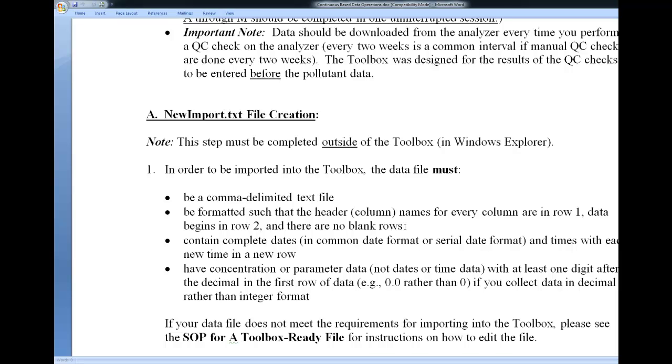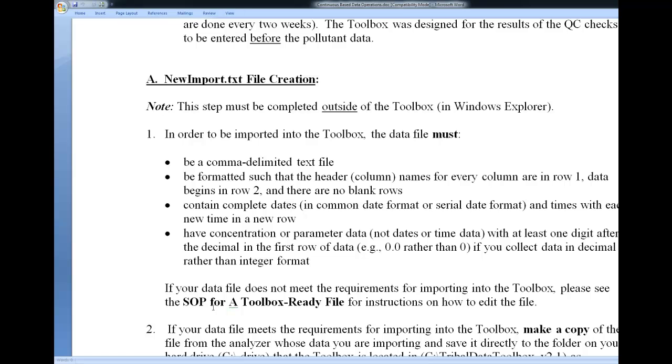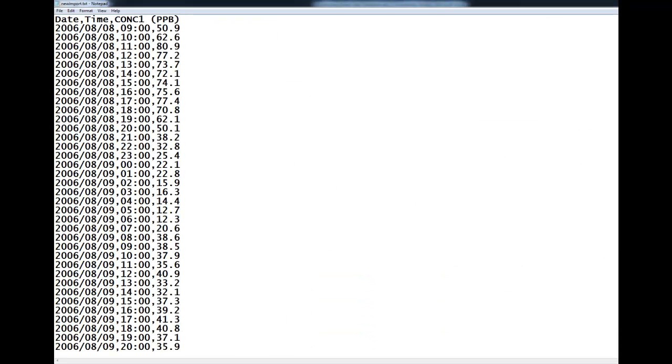This is really common, and it's the same as if you're importing data into Excel. It has to have dates and times with each new time in a new row, and it says there is a SOP for a toolbox ready file for instructions in case we have to edit the file. So let's look at the file that we have as part of this exercise 4, and this is this new